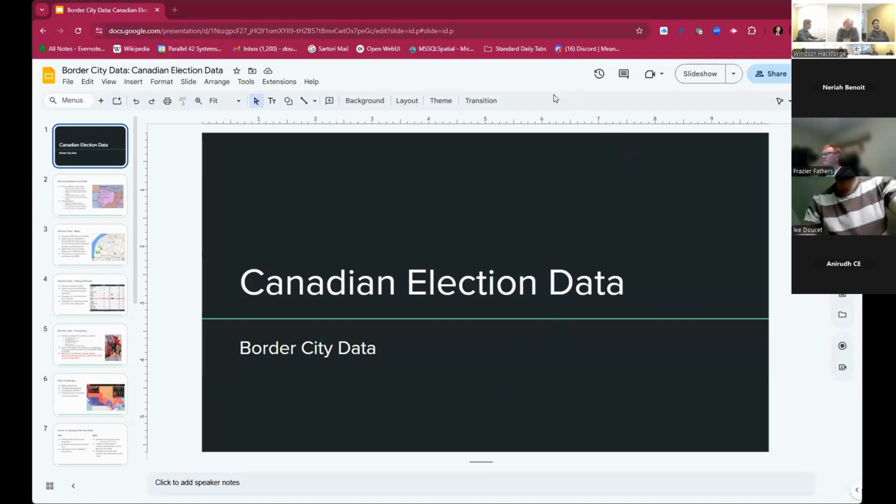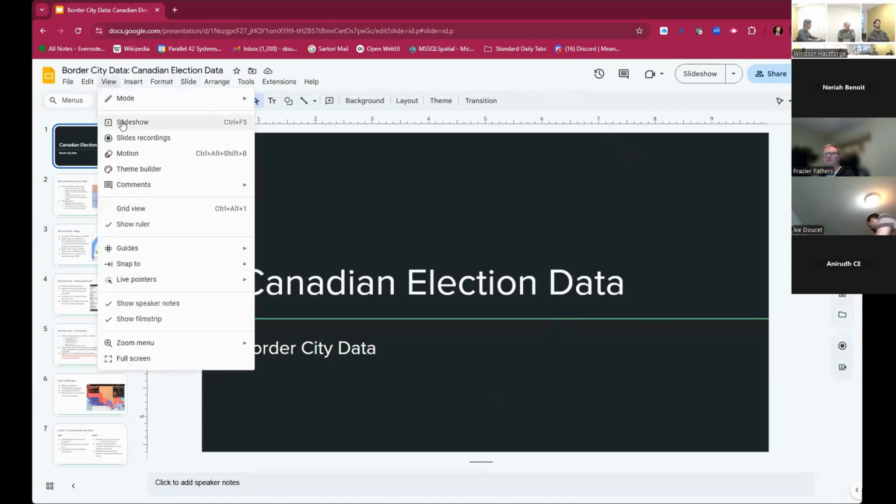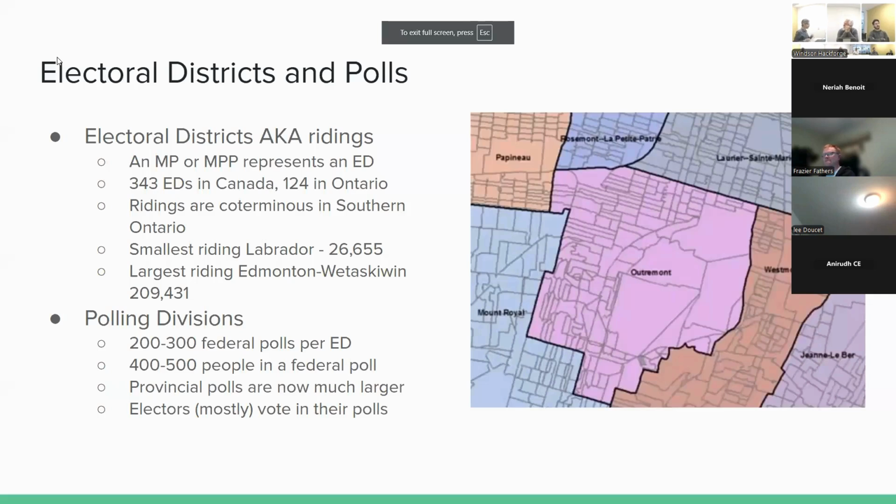Okay, so today we're talking about Canadian election data, and there's quite a bit to get through. I don't expect it to take the full time that we have booked for today, but let's get started and see where we go. So the first thing we're going to do today is walk through some of the basic components of electoral data. We'll talk about the nuts and bolts, who has access to what, and what you can do with it. So the basic unit of